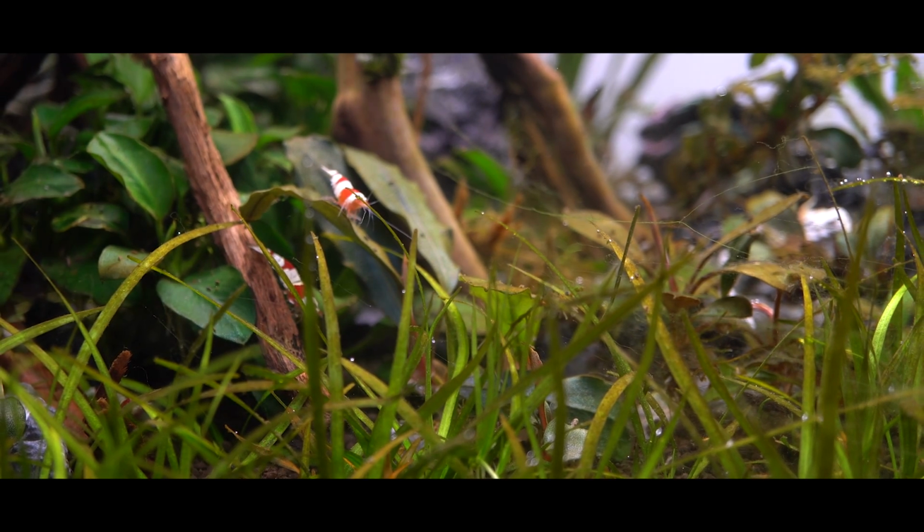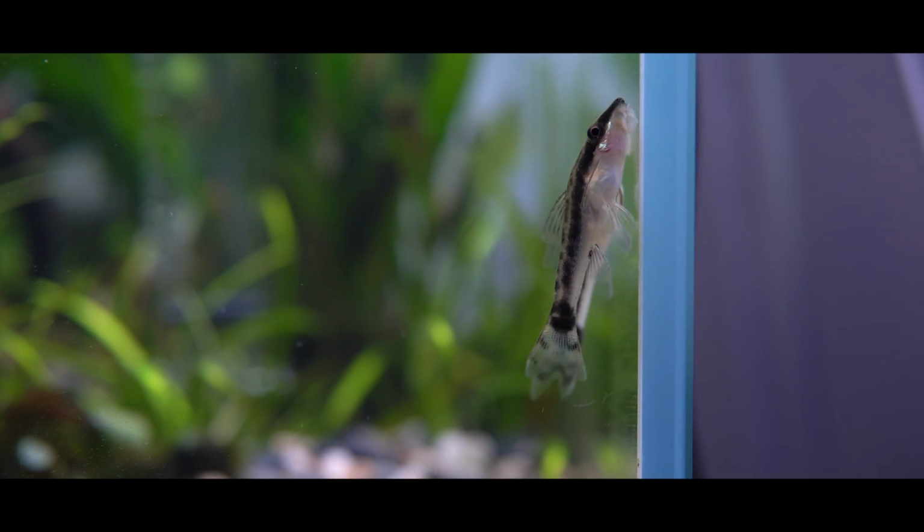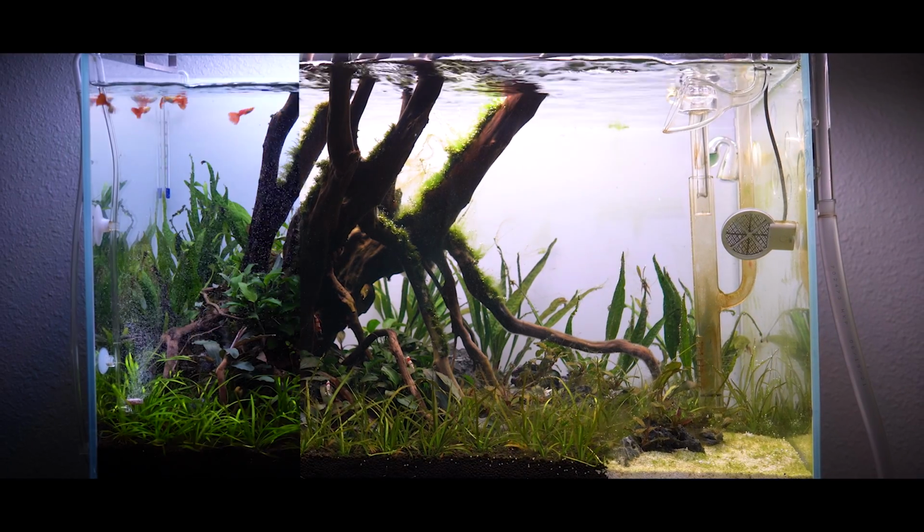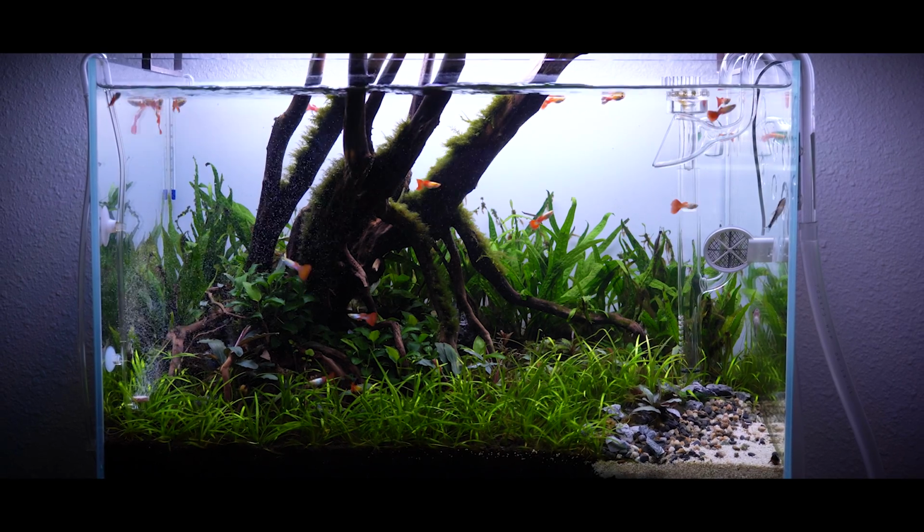I went through a really difficult algae and diatom phase, but about 2 weeks ago, I added a school of about 10 autosynclists and they just completely wiped out any sort of remaining diatoms. And I've been on top of my water changes. And as expected with good husbandry, we got through the algae and diatom phase and things are beginning to look